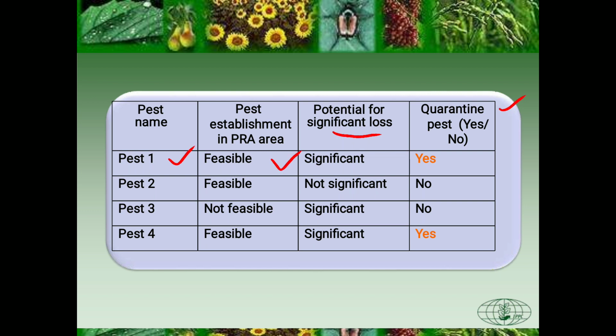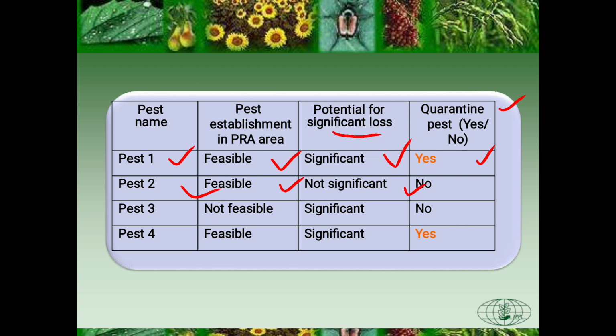That means the pest is present in the PRA area, and if there is an occurrence or sudden spread of such a pest, it causes significant loss. So this is called a quarantine pest if it is in the list. Then the second stage, similarly: feasible, not significant. That means even though there is an occurrence or presence of a quarantine pest, it does not cause significant loss